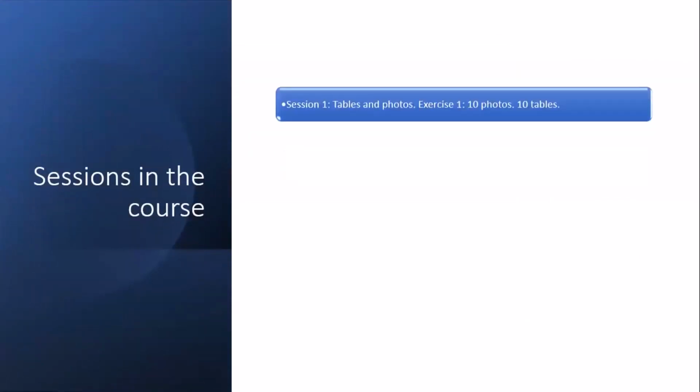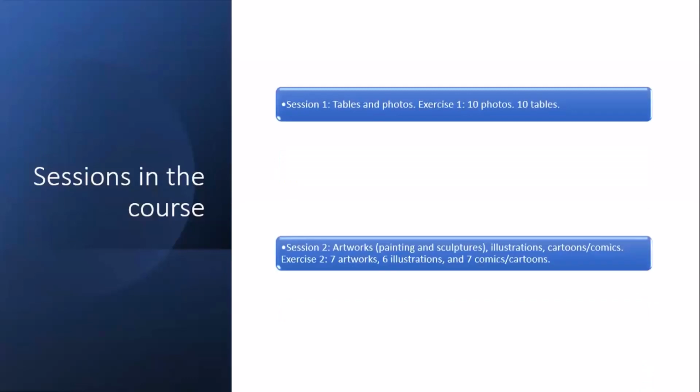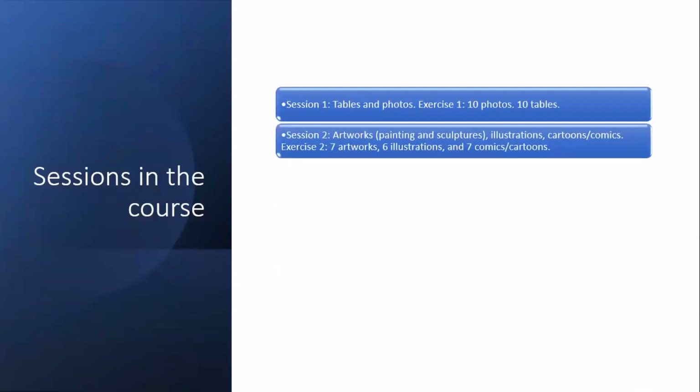So these are the sessions we have in this course. In session 1, we will teach you how to write alt text for tables and photos, and we have corresponding exercises on it. In session 2, we teach about artworks, paintings and sculptures, illustrations, cartoons, comics, and corresponding exercises.